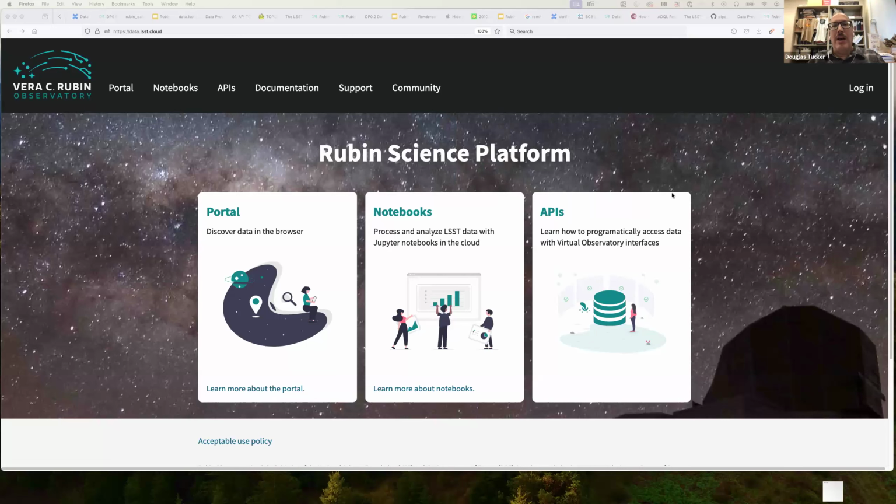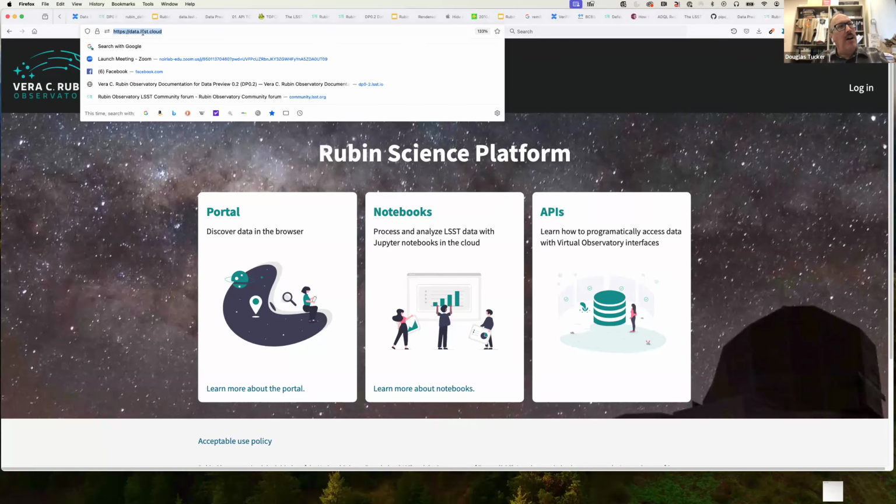Okay, so we'll start from the usual location we've been starting for our tutorials in the past. I'll stick the link in the chat. So this is data.lsc.cloud, the interim data facility access point for the Rubin science platform, or the interim data